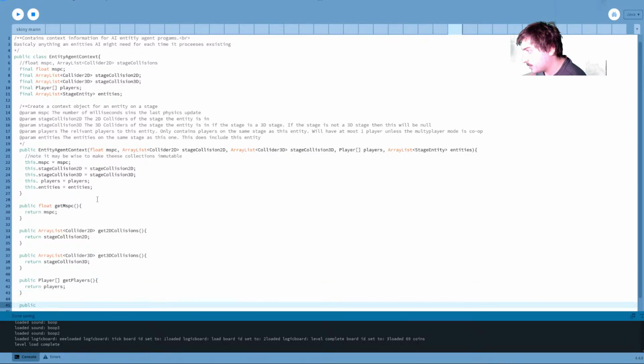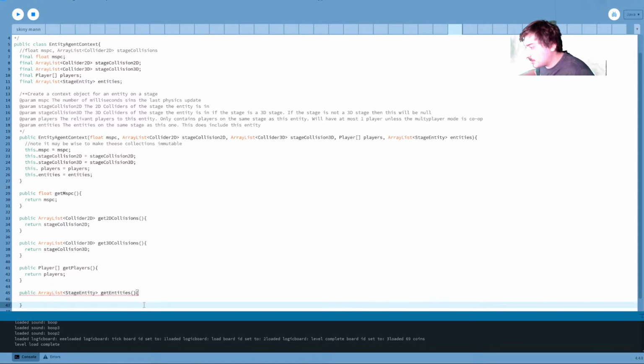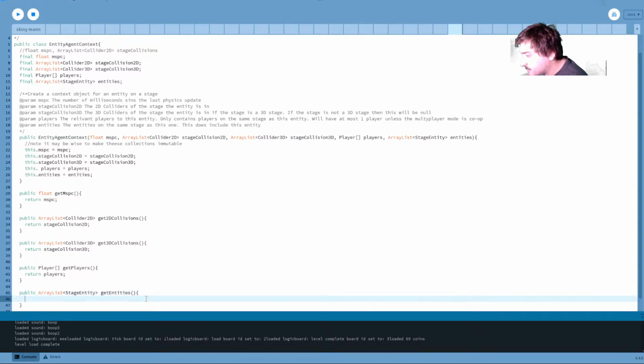And then public entity array list get entities. Hopefully that's spelled right. Yeah, that's probably spelled right. Anyhow, we just return entities.